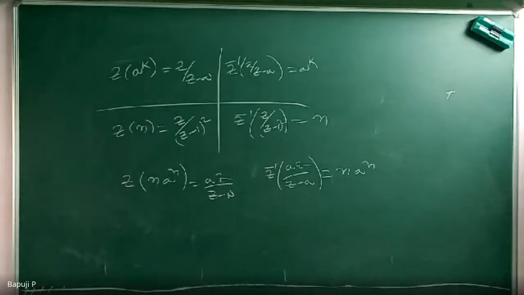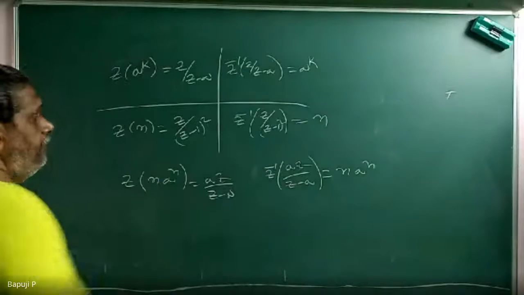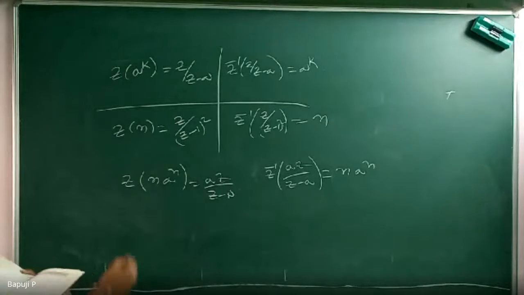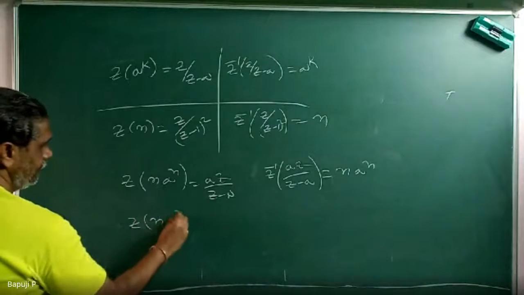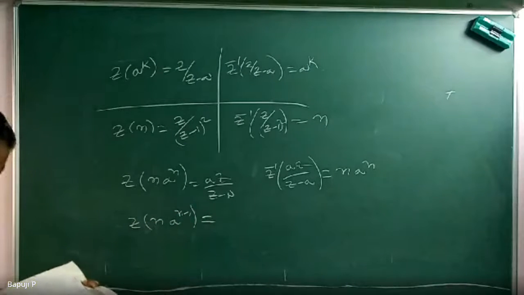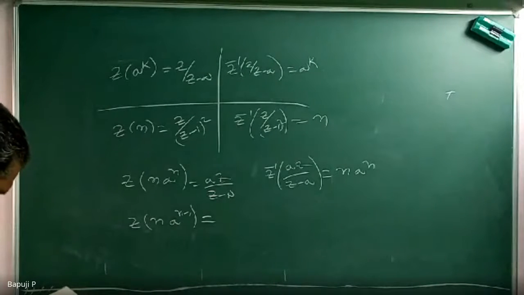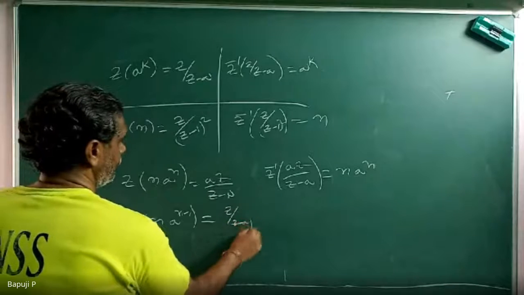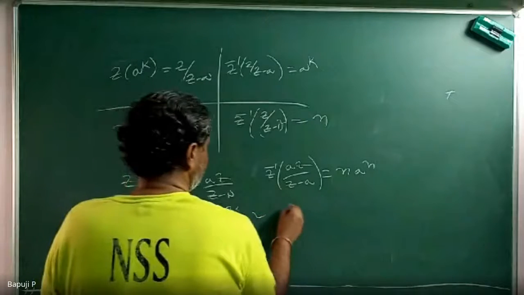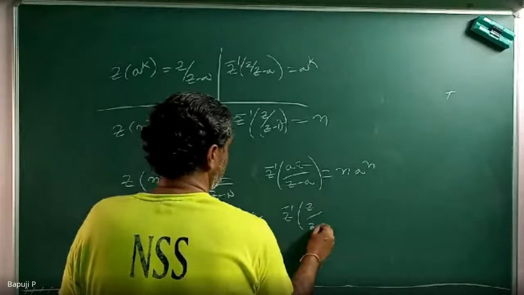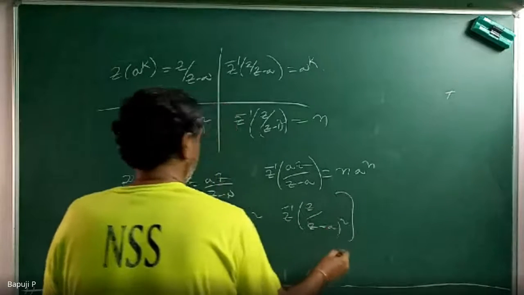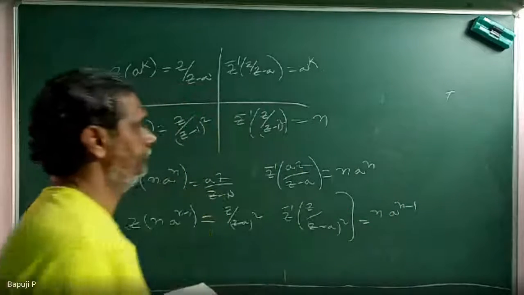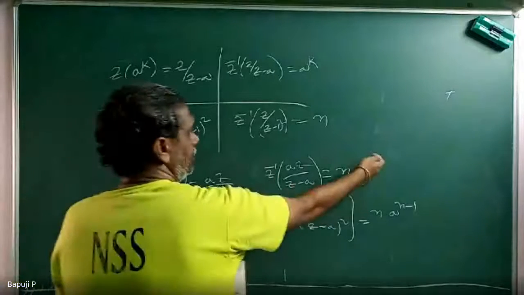So what do you know? Suppose Z transform means what? Inverse means what? If it is there, come back and substitute it. So these all are important. Only 2-3 things are there. Then this is also important. This formula which I gave, note it down, everything is already available in your hand. Z by Z minus a whole square again. Suppose if you see anywhere Z inverse of Z by Z minus a whole square, how will you write? n a to the power of n minus 1. Just one a is going to that side, a to the power of n minus 1.